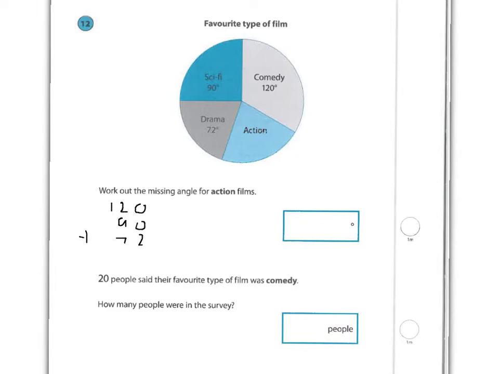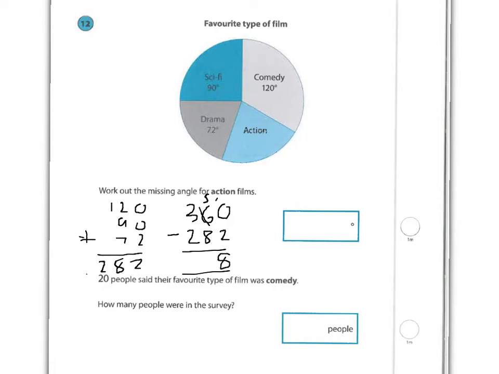So if I add those up, what I can see is that that first column comes to 2, the second column comes to 9, 10, 11, 18, carry 1, and then the last column will come to 2, so 282. Then what I would have to do is take that answer away from 360, and that would give me the missing angle. Now, this time I would need to borrow to make the first column possible, so 10 take away